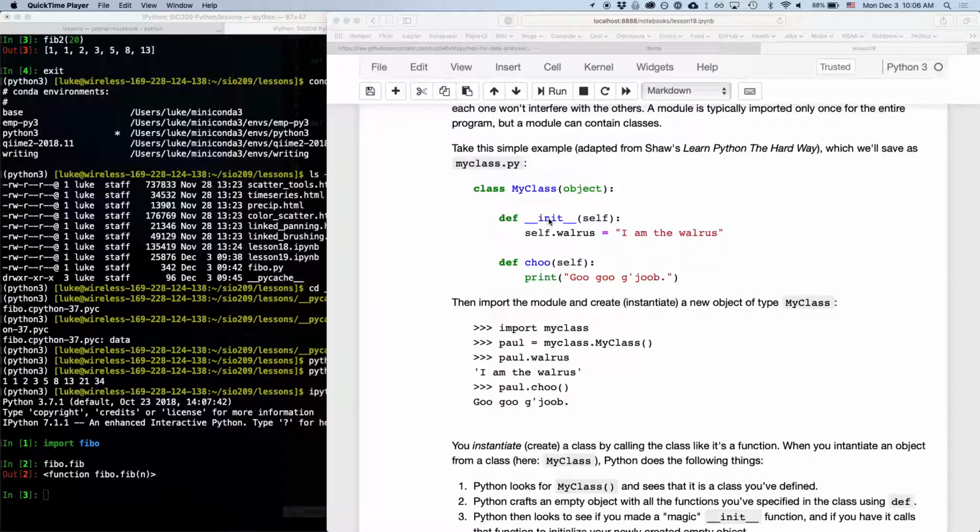And when we use this init function, we can do things like assign attributes to that class. So every instance that we create is going to have this attribute walrus, which will be this string. We can also, in our class definition, define a function. So here's a function chew, which also takes self as its argument, which means these don't need any other arguments. It just takes itself and then prints out this other string. So let's go ahead and copy this text,